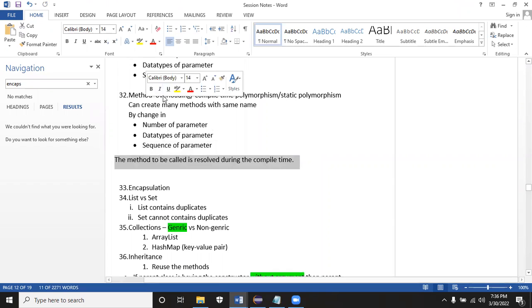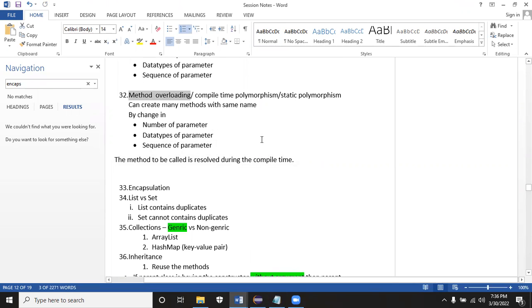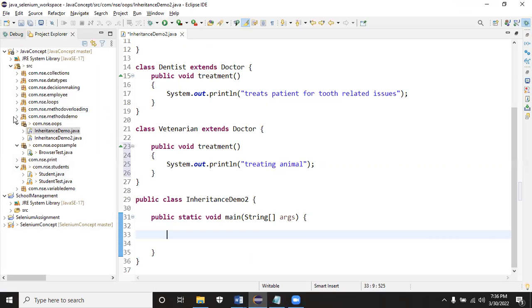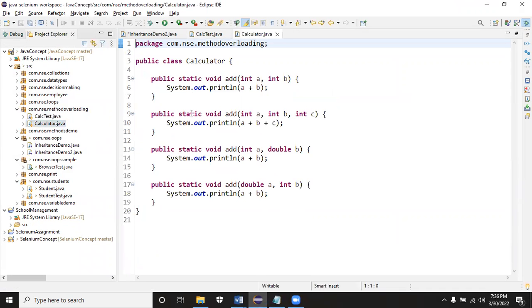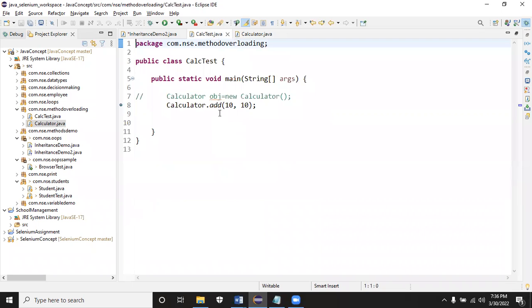Method overloading concept, make sure that is clear for you. Method overloading is a polymorphism. Polymorphism means many forms. You will have multiple methods with the same name inside a class. That's basically called method overloading. We call it static polymorphism or compile time polymorphism because the method to be called is decided during the compile time.